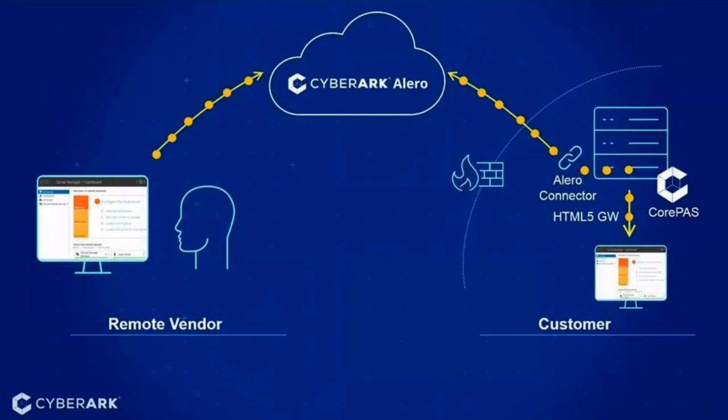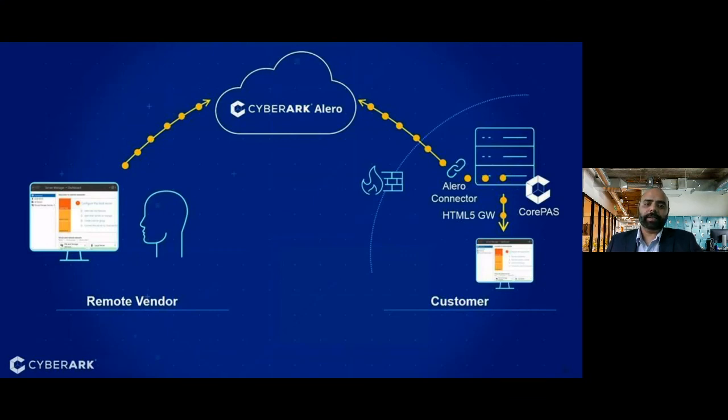Yeah, so as you can see, it's quite a simplified diagram. As you can see here, you create the account for your contractor and grant access directly in Alero. Or if Alero is not in place, ideally you can use IGA tools like SailPoint IIQ to create the account. This also uses biometrics. So the contractor uses an app on their smartphone for the passwordless authentication. So you basically use your Face ID to log into the app, and then you scan a QR code and you actually get into the PVWA, or their main CyberArk web interface, and it will directly let you into the